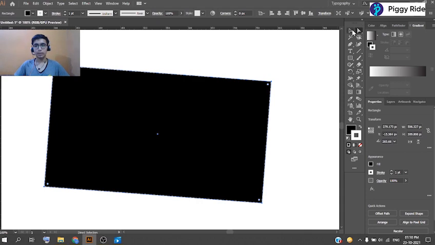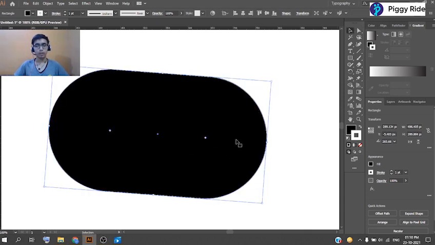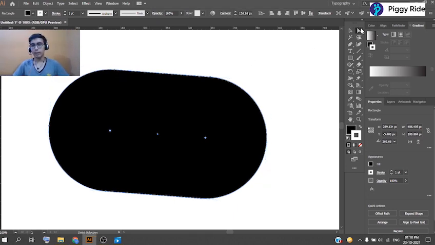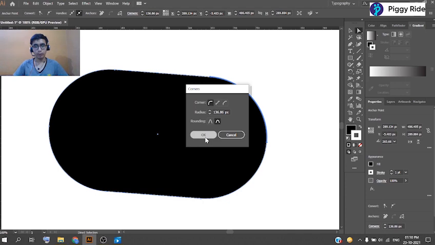Like in the selection tool, if we have to round a corner, all four corners will be rounded in one go. But if we use the direct selection tool, we can round each corner separately. For example, I will choose the direct selection tool and I will click here twice.